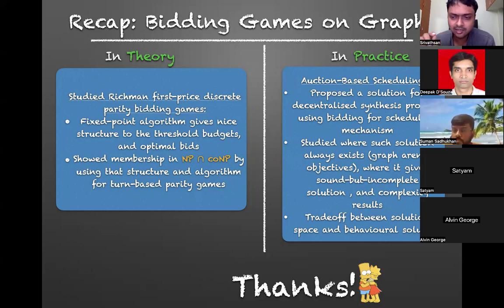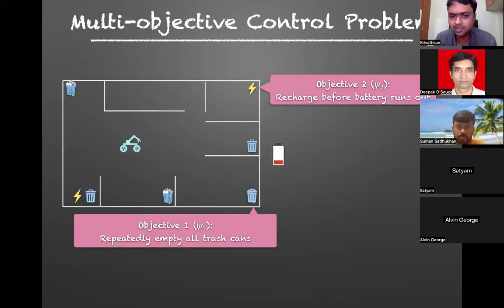Just a technical question about the first part, the bidding. If you assume the budget is some small number, like say 2 or 3, do we understand the complexity better? The fixed budget. Just to understand, if my K is 2, and we're talking about discrete bidding. So you're saying that for fixed budget, what is the complexity? Then it's polynomial, right? Because I see, the exponential factor is the encoding of the budget. I see.